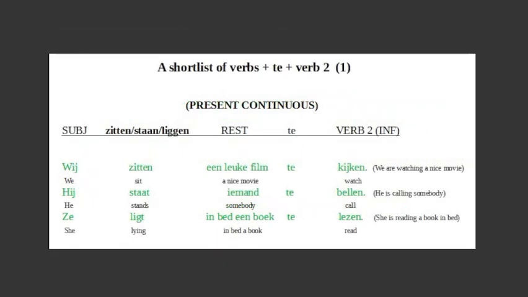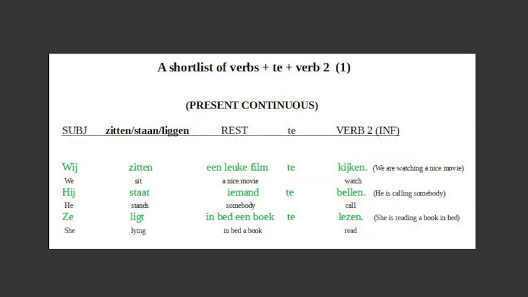Now let's talk about a couple of verbs that go with the word "te" in Dutch. There are actually many of them, but I made a useful short list that came to my mind and may be useful for you at the beginning of your active language learning. If you keep on reading and listening to Dutch, you will learn more of them later. The first few verbs in this list that go in combination with the word "te" and the second verb in the infinitive are what I call verbs of positioning that express that something is taking place, which translates to the English present continuous. There are other ways in Dutch to translate the present continuous, but in this video I focus on sentences with the constructions below.